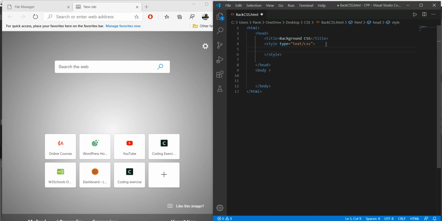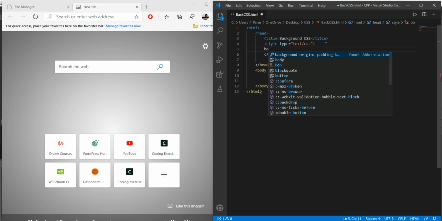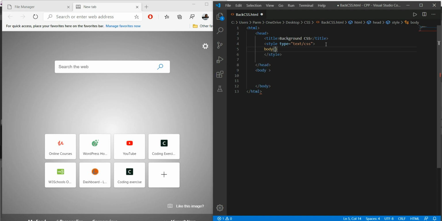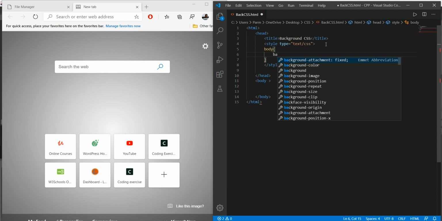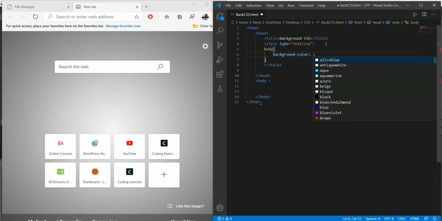So I just wanted to give a background color to the body. So here my selector is body. And then I'll start with the curly bracket, and here I will choose background color. And here I choose light blue. Yes, light blue is there. Either I can give the name of the color, or I can use the RGB scheme, or the hex scheme, or the HSL scheme. So all the schemes can be used over there.